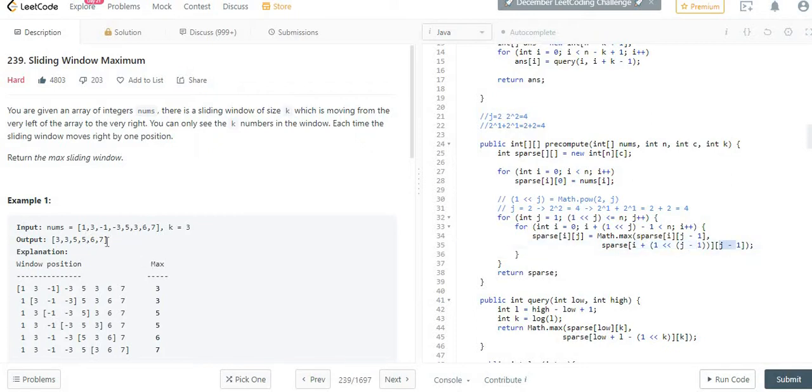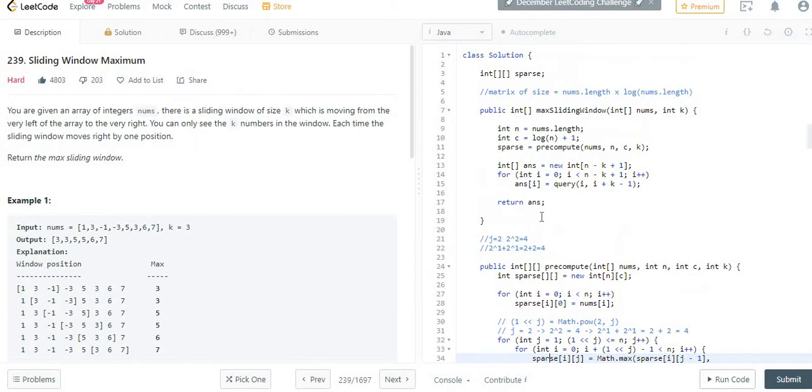So here from 4, again it takes the 1 element, so it will contain these 2 elements. If you take the indexes 0 1 2 3 4 5, out of that it will take these elements. This starts from 2 comma 1, and this starts from 4. It will pick up these elements, and out of that it will try to pick up the max value. This way it will form the sparse table.